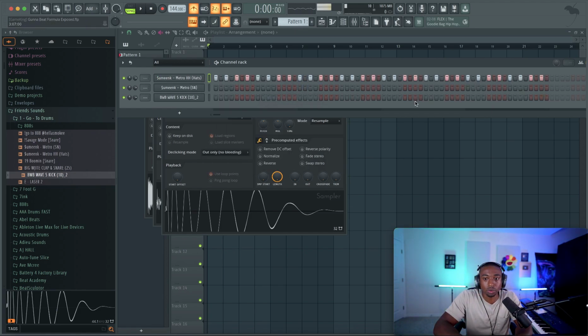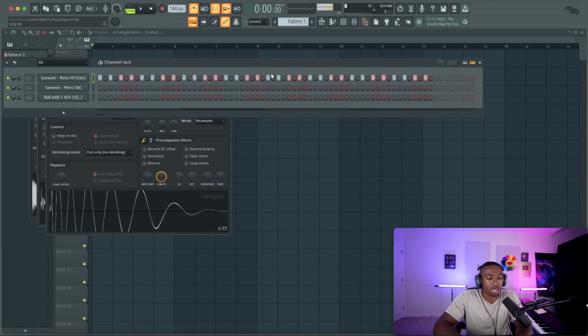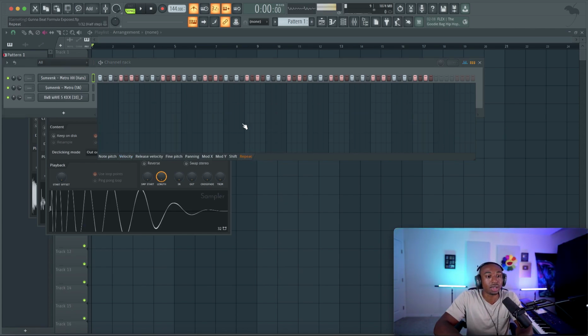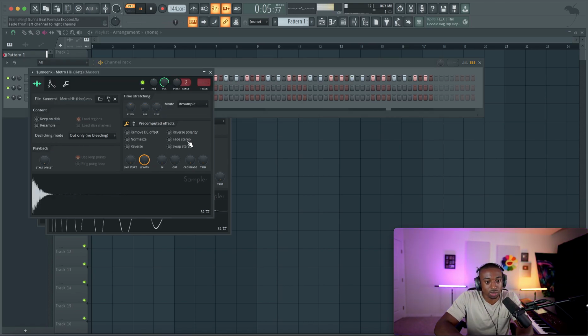In FL Studio 24, luckily we have the new channel rack feature where we can add note repeat. So it makes it super simple to make note slides and stuff. Note repeats. Okay, hi-hat rolls is what I was trying to say. Anyhow, go to pattern mode, 144 BPM, and go to repeat mode. And now I just got to figure out which note I want to repeat. Okay, so those small hi-hat rolls. Now let's fade the hi-hat out or trim it just to get rid of some of that reverb.